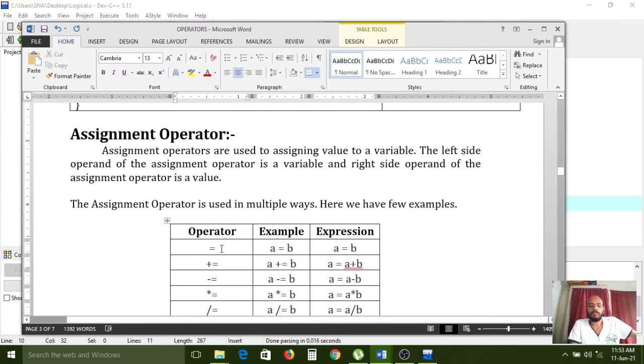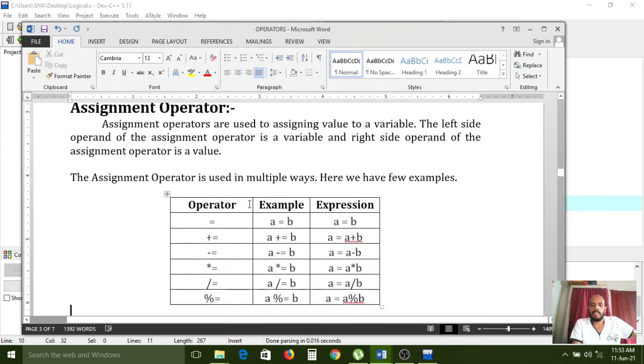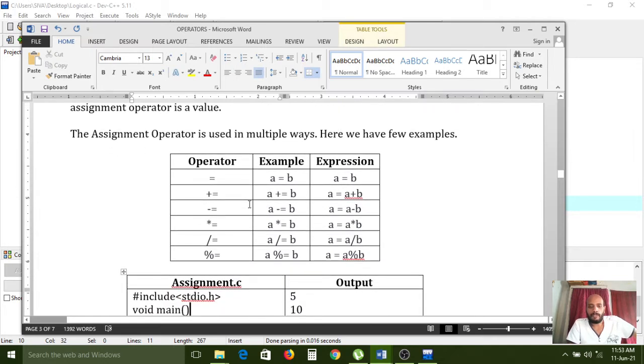Next, the assignment operator is used in multiple ways. Here we have a few examples. Carefully observe. The equal symbol: a equal to b.